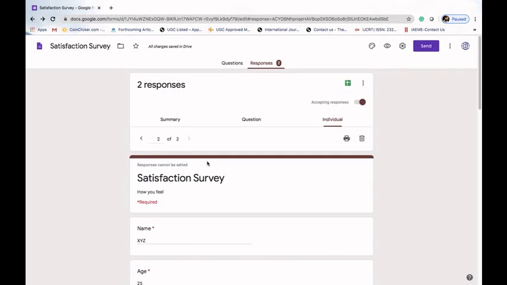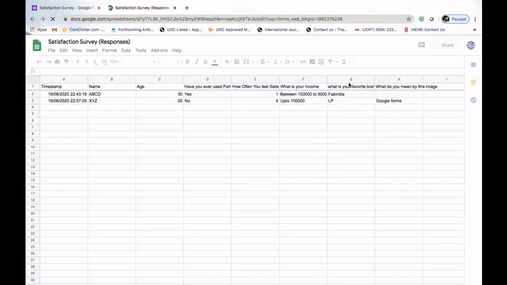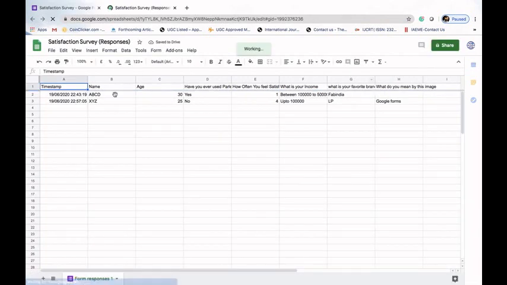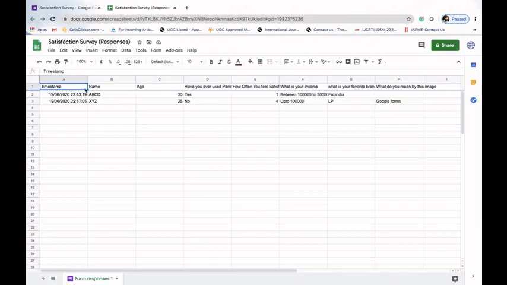Now there is one more thing, we can always download the Excel sheet. So to download the Excel sheet, we have to click on this green option. So we will click on this button, and this will generate the Excel sheet. Okay, so here is our Excel sheet. Now whenever we click on this link, we can see that this Excel sheet comes with a timestamp.